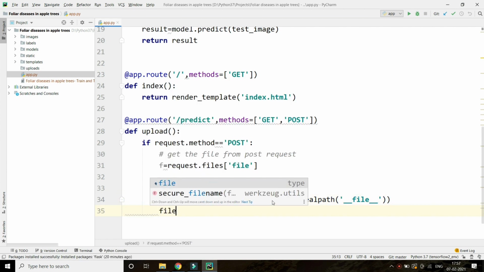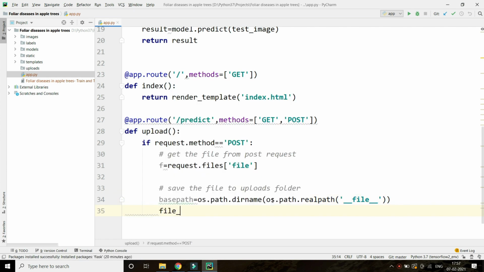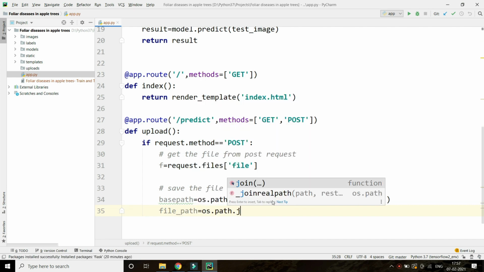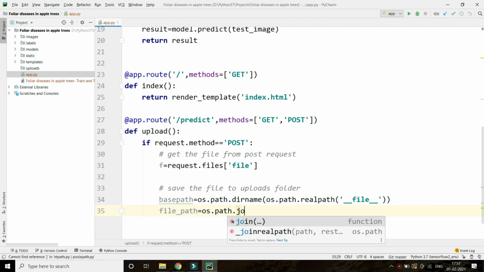Now, what is the file path? File path equals os.path.join.